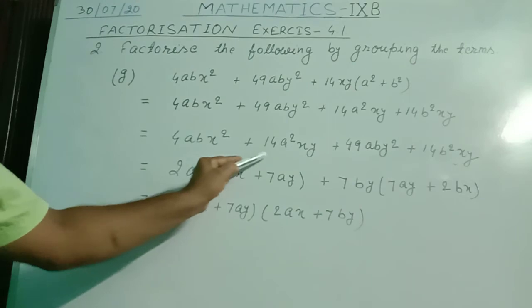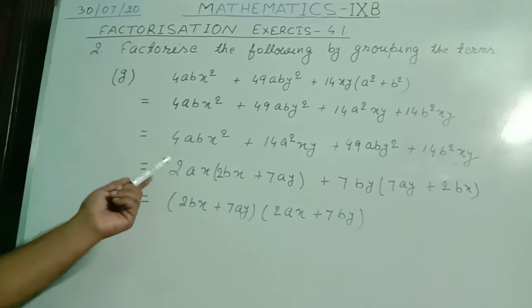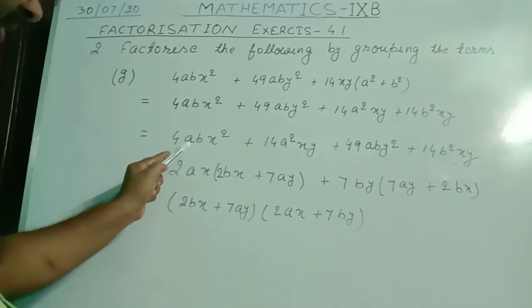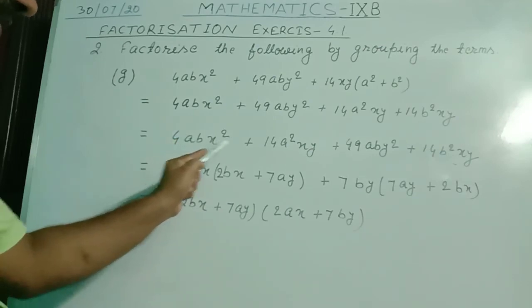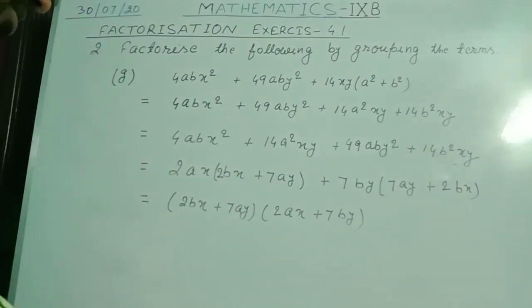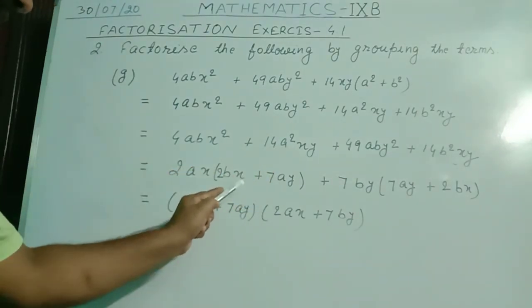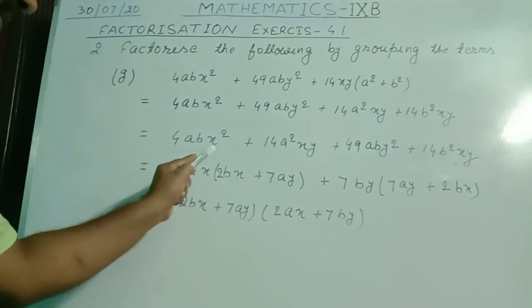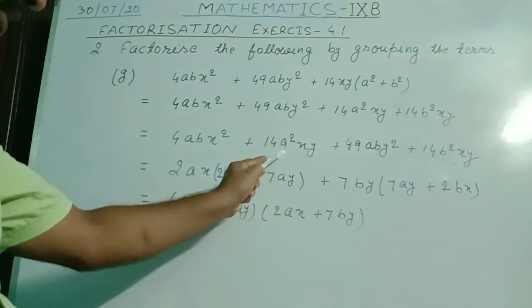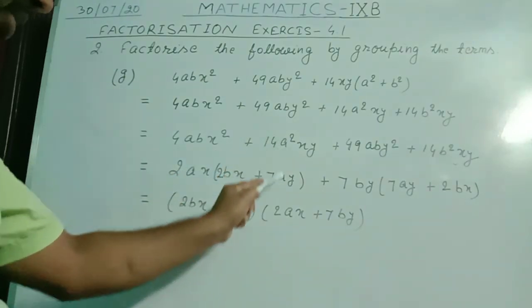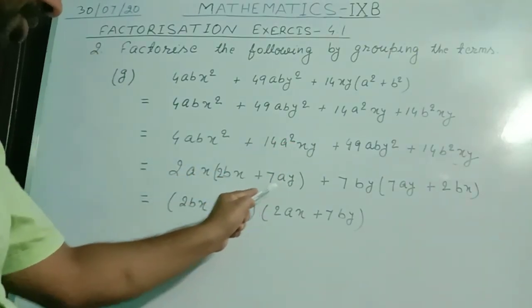So from this, if you see the HCF of 4 and 14, that will be 2, that will be common. And from the variables, a is here, least power of a will be common. X is here, so least power of x, that is this x, that is common. So in this term, what is left? 2bx is left. Means if you multiply these two, you will get back. Plus here what is left? 2 7 are 14, 7 is left, and here 1a is common, so 1a is left, and this x came out common, so y is left, so this becomes 7ay.